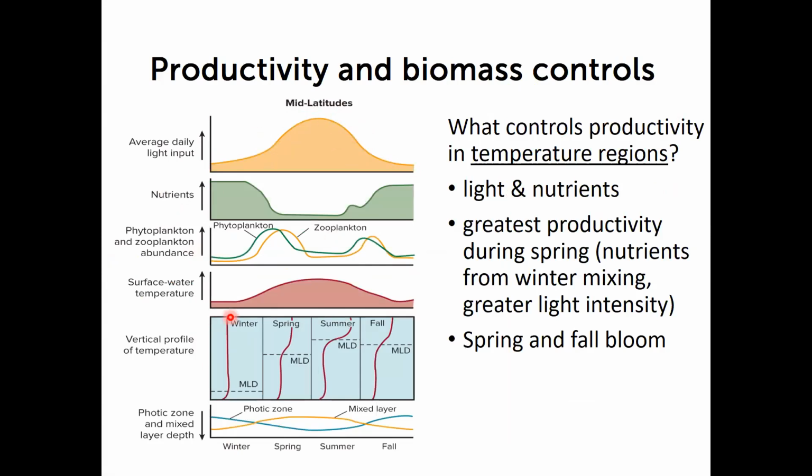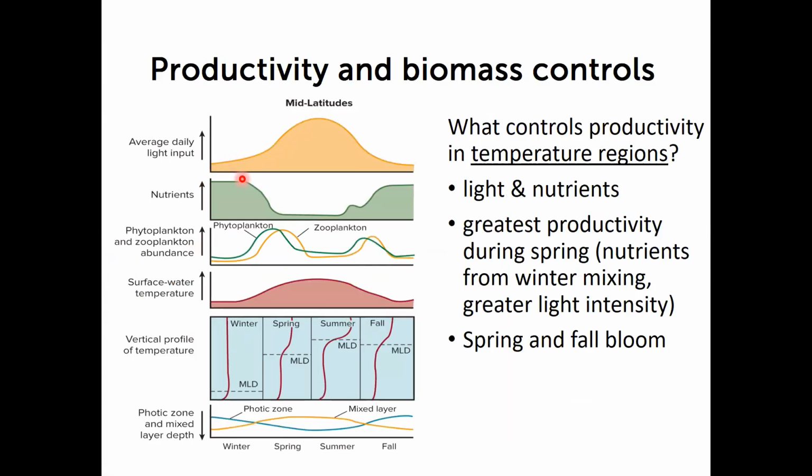So remember, in the winter, we get a deeper mixed layer. Regenerated or recycled nutrients from deeper below are mixed back up to the surface. So we have lots of nutrients in the winter, but we have lower sunlight intensity, so we don't see a lot of primary production. As we go into the spring leading into summer, we have this increase in light input,